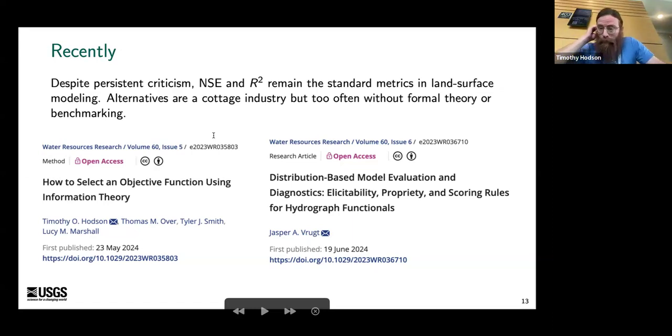And that's really what this paper that I wrote is about, reciting what Akaike and many others in ecology already knew. So the paper is How to Select Your Objective Function. I also wanted to plug Jasper Brute and his recent paper that came out in June. Just two examples of people trying to bring more of these ideas about probability theory. And again, not that there haven't been many others, but I think there's still room for more of this in earth